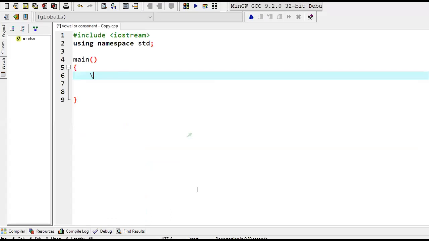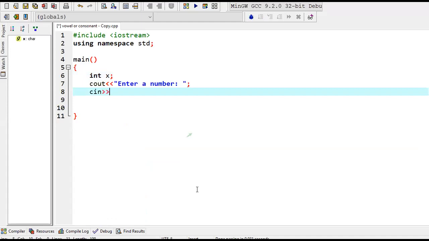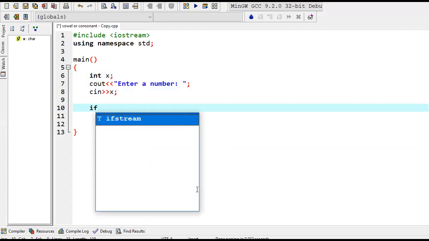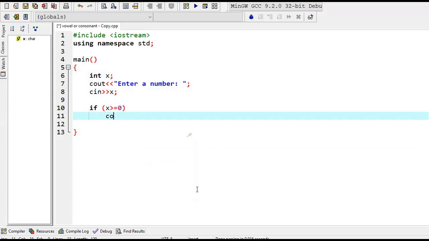And first of all, I should declare a variable integer x. I'll tell the user to enter a number, and then I'll make use of cin and store it here. Now, what we have to do here: if x is greater than or equal to 0, tell the user